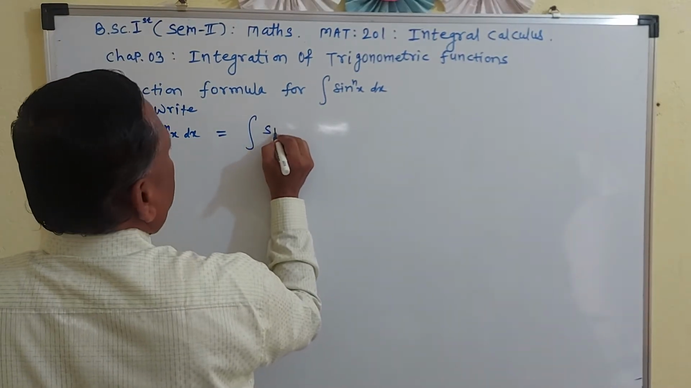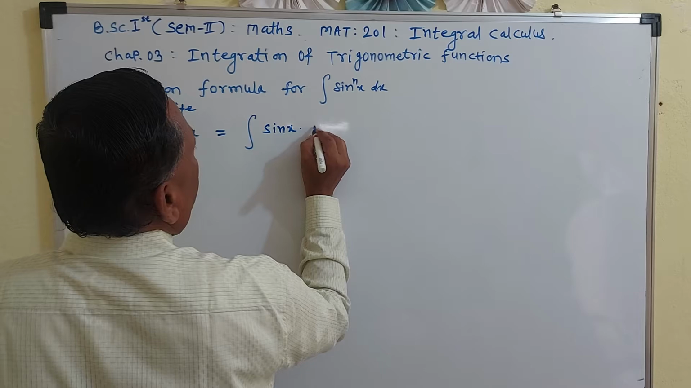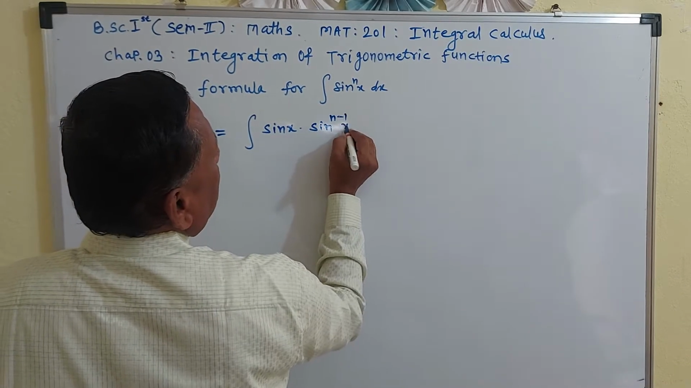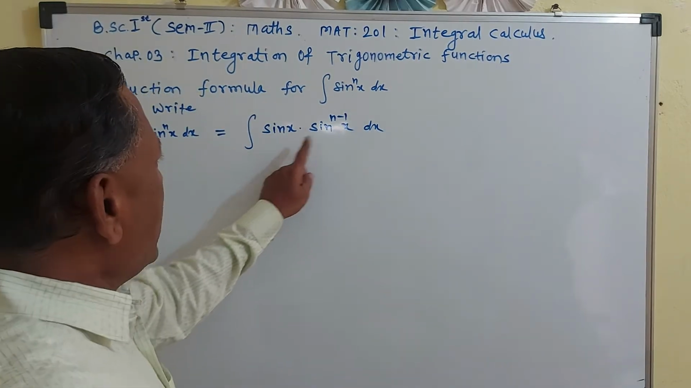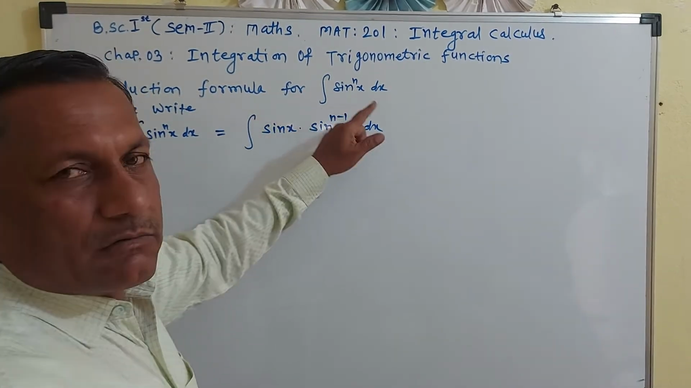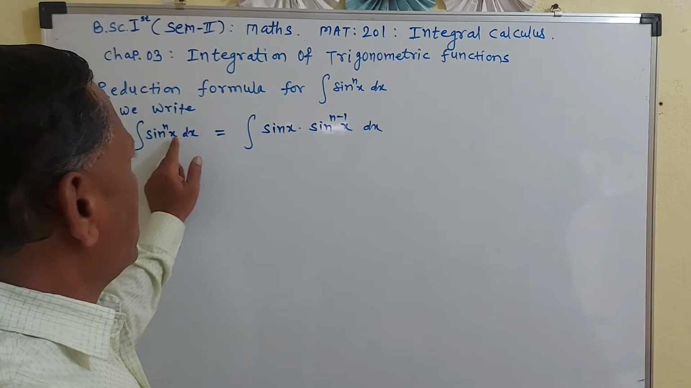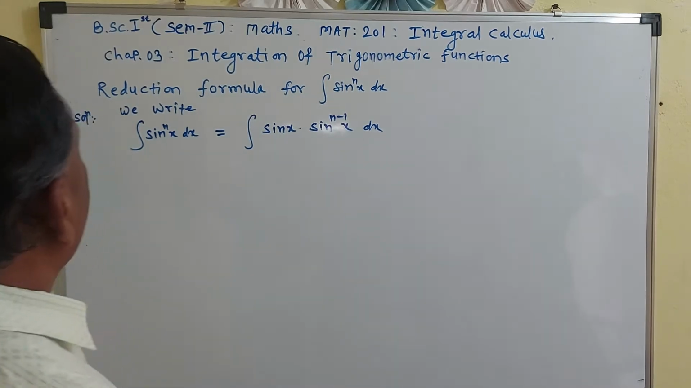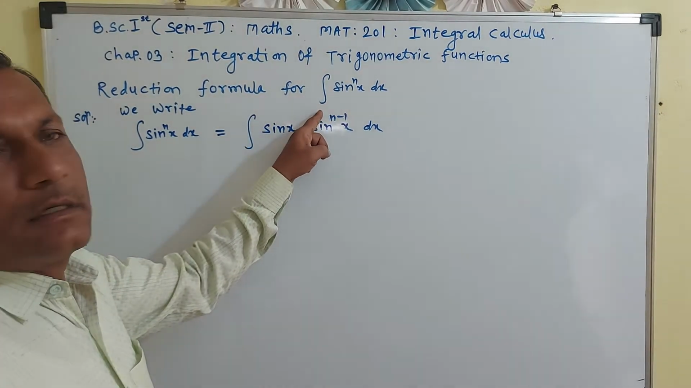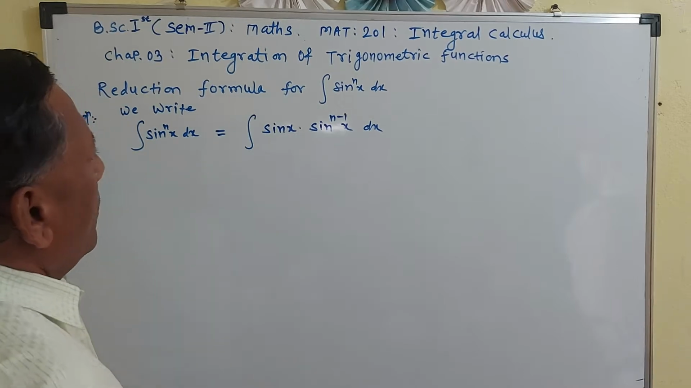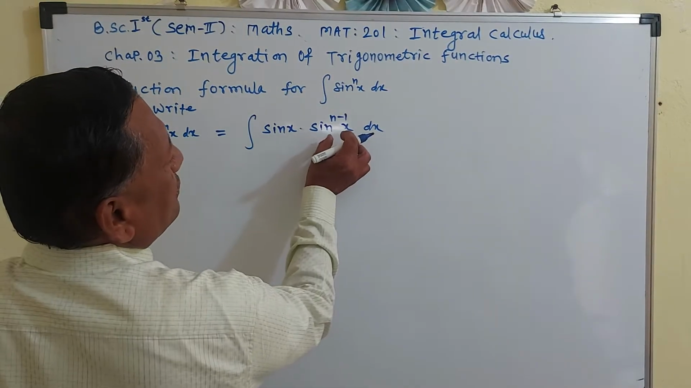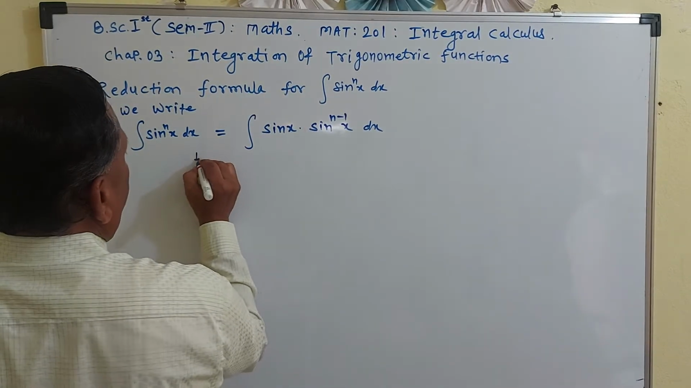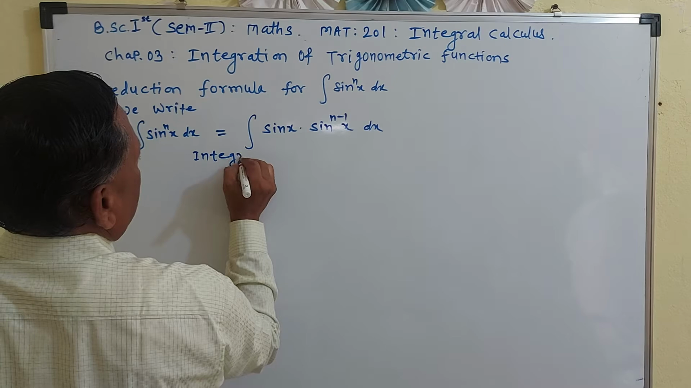integration of sin x into sin raised to n minus 1 x dx. Means sin x raised to n minus 1 plus 1 means only sin raised to n x dx. Same here. So only we have split up n into 1 plus n minus 1. Now here we have two functions, sin x into sin raised to n minus 1 x. Making use of integration by parts,